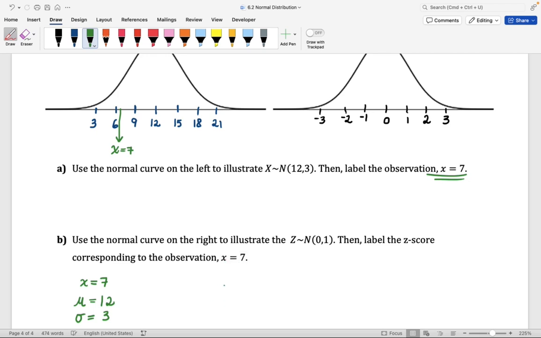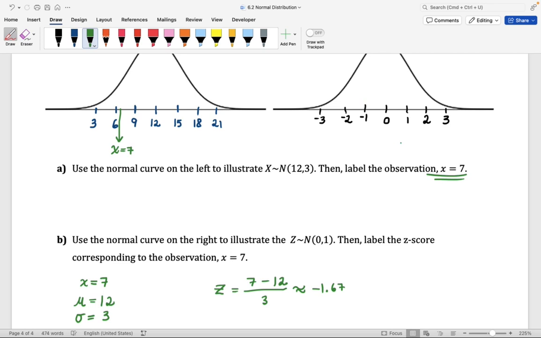So let's go ahead and find the Z-score. The Z-score, Z, is equal to, the formula says take X minus mu and divide by sigma. So let's go ahead and do that. Here we have X equal to 7. Let's replace X with 7. Mu is equal to 12, so let's replace mu with 12. And sigma is equal to 3. Let's replace sigma with 3. We're going to go ahead and round. We should be getting -1.67. I'm going to go ahead and round here because we're going to label this Z-score on the normal distribution